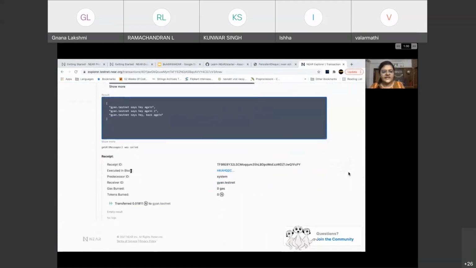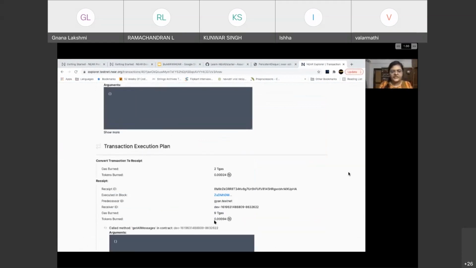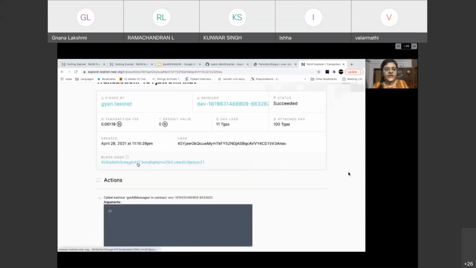You can see the block in which it was executed, the gas burned, the tokens burned, who is the predecessor, what is the receipt, here is the block hash signed by the owner, the receiver, the status that it succeeded, etc. There's no deposit value associated with it. And you can see the transaction fee as well, which is extremely low, right?